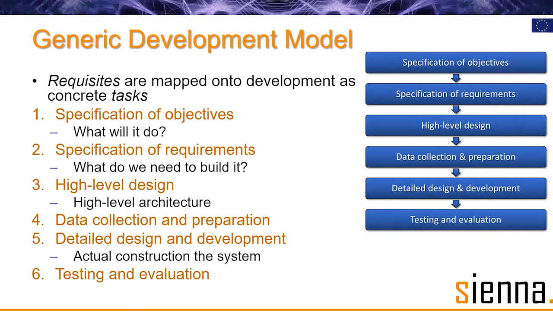Obviously, artificial intelligence works with data, so a major aspect of the work is data collection and preparation, and then there's a detailed design and development process, and often that is going on in parallel with data collection and so on, which is when you're sitting down to construct the system, and finally, you have a testing and evaluation stage. And so what we've done is for each of these phases, we've taken the requisites from the values and worked out what it is you have to do at each of these phases relative to each of these values